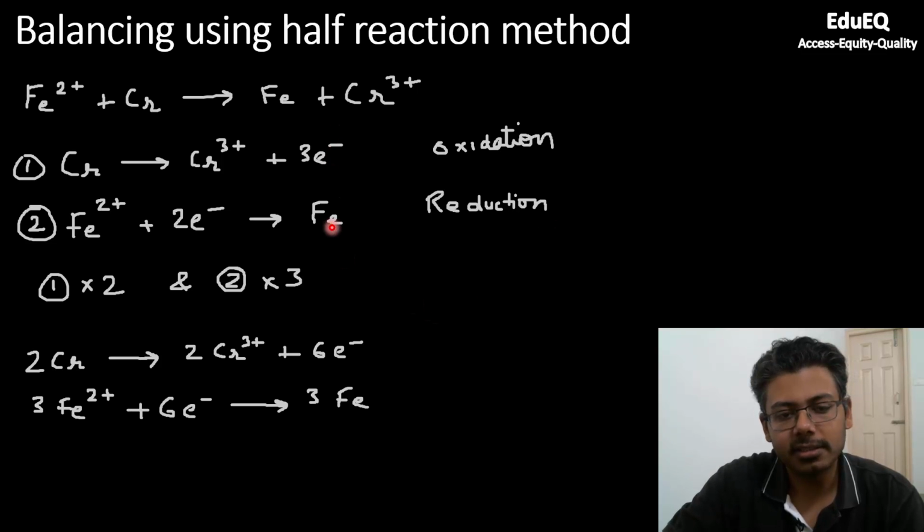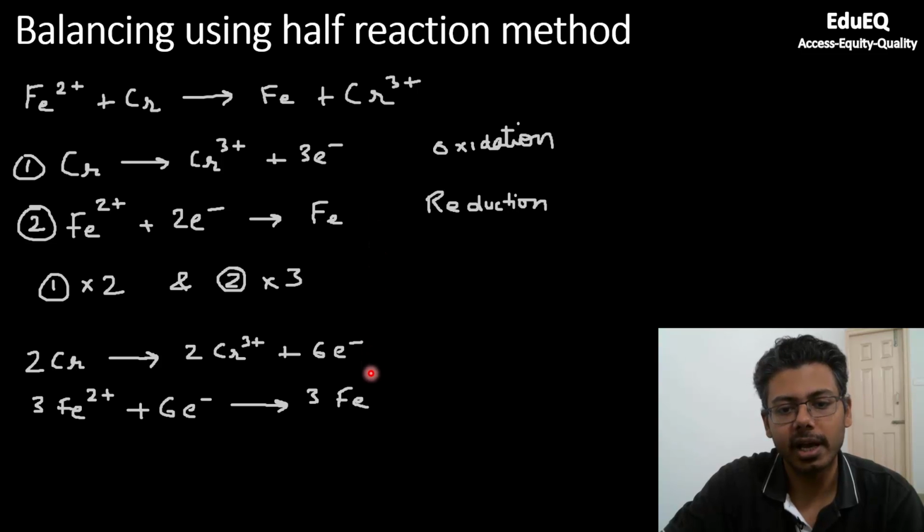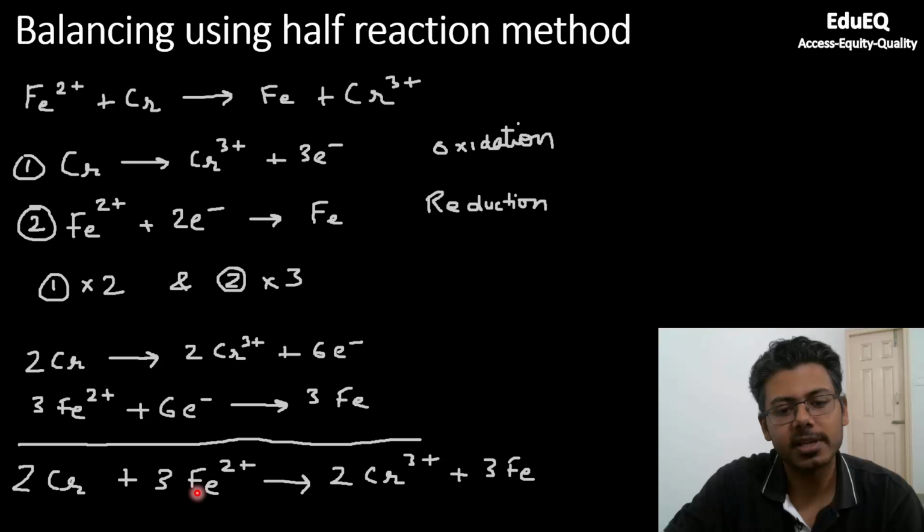If you look at these reactions, what you can do is we have to cancel out the number of electrons and that will give us the balanced reaction. So you multiply this equation by 2 and you multiply this equation by 3, so that you have 6 electrons on left hand side in this and you have 6 electrons on right hand side in oxidation reaction. When you add these two reactions, you will get a balanced reaction. Let us do that. So you multiply 1 by 2, you get this, and then you multiply second reaction by 3, which is this reaction, you get this. And when you add this, you will get 2 chromium plus 3 iron plus 2 will give 2 chromium 3 plus 3 iron atoms. So this is the balanced reaction.